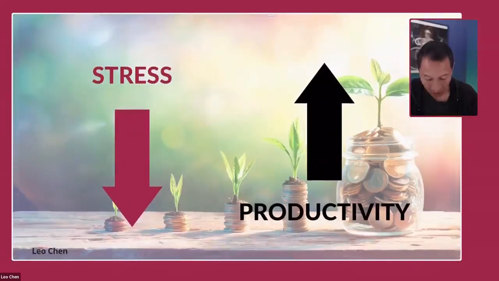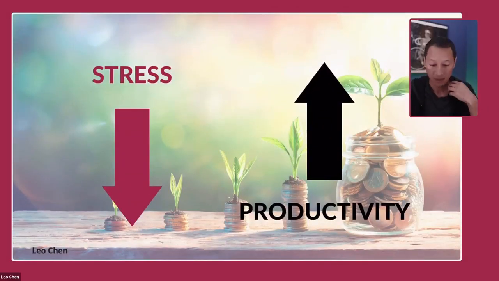All right. So our goal here with organization is to reduce your stress, because when you're overwhelmed and you think you might miss a step or didn't do something before it needs to be done, you have a lot of stress. So we want to reduce stress and increase your productivity. Okay. And as you can see in the photo, when you increase your productivity, you increase how much money you can make in this business.